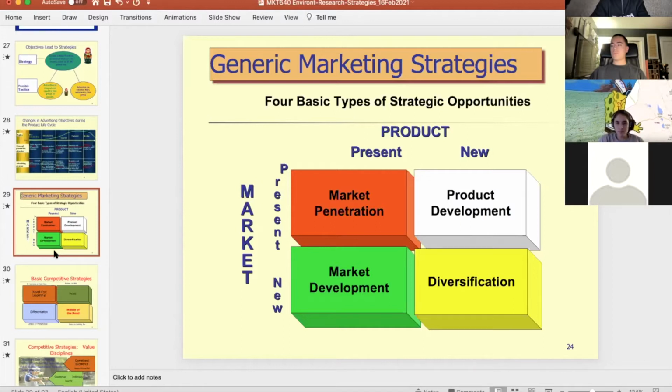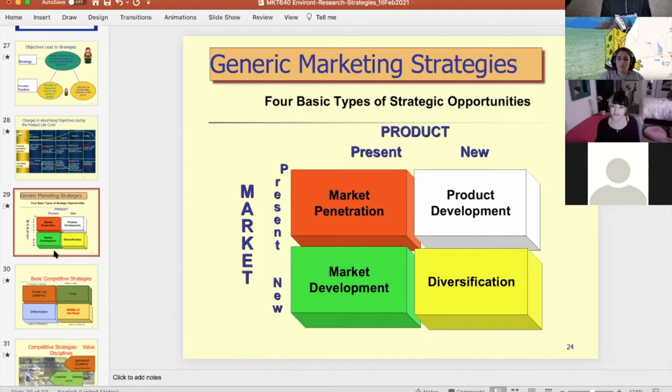So if you hear that it's a new product, plus it goes to a different group of people, why don't you call it diversification? Well, I don't call it diversification. I actually state two different strategies, because if it was diversification, it would be Coca-Cola making cars, yeah, air spray, you know, and that would be very much diversification. So thank you, Laura. Does that make sense? Any question on this four?